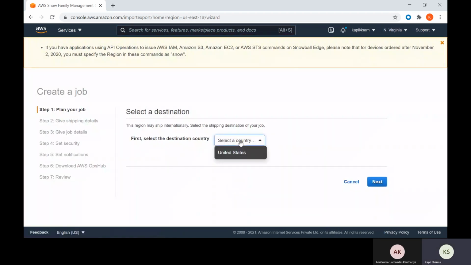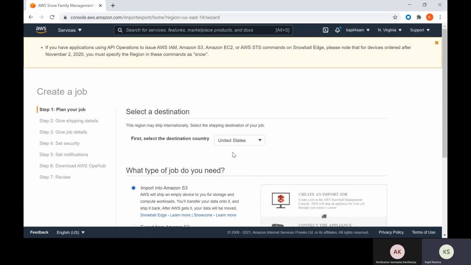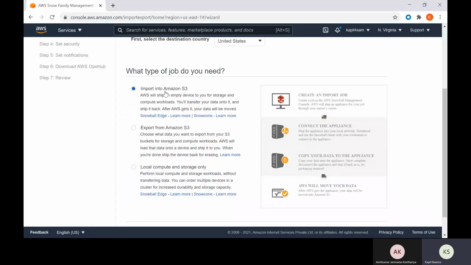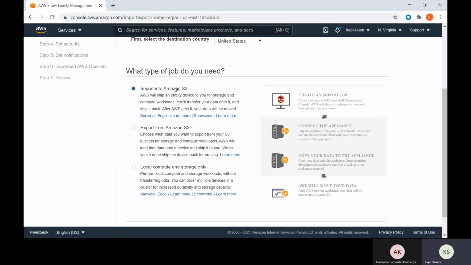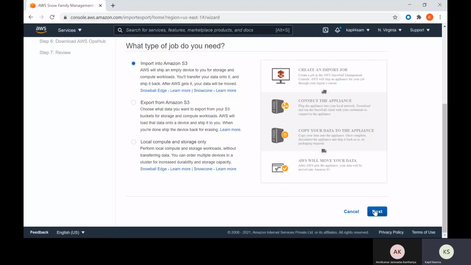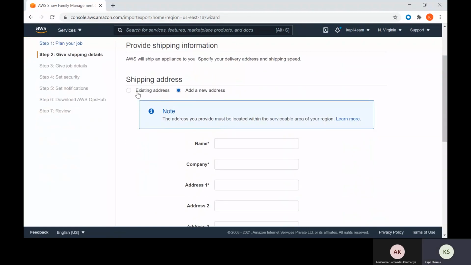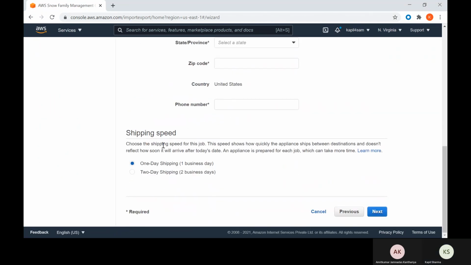Create a job, select the country from which you are requesting. Import data into S3, export data from Amazon S3, or local computer and storage. Whatever type of job you need, you can select that and click on next. For the shipping address, if you have an existing address, you can select that. If you want to add a new address, you can add that. For shipping details, there is one day shipping, one business day, or two day shipping.